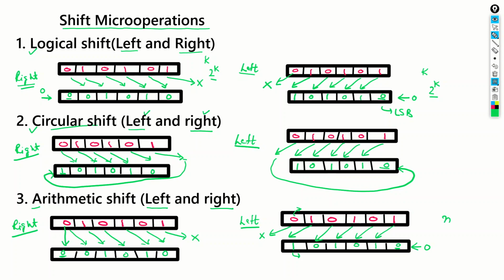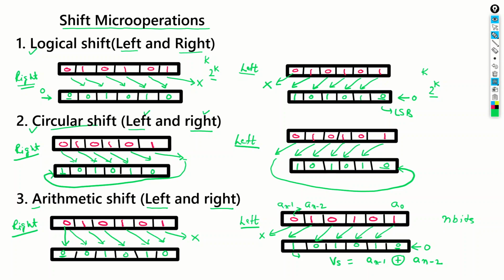So if we have n number of bits in the number, it means that this is the 0th bit and this is n minus 2 and this is n minus 1, right? So in case of the arithmetic left shift, there is a special 1-bit flip-flop VS that is set to A(n-1) XOR A(n-2). So if both bits are the same, the VS is 0. If both bits are different, then the VS is set to 1.